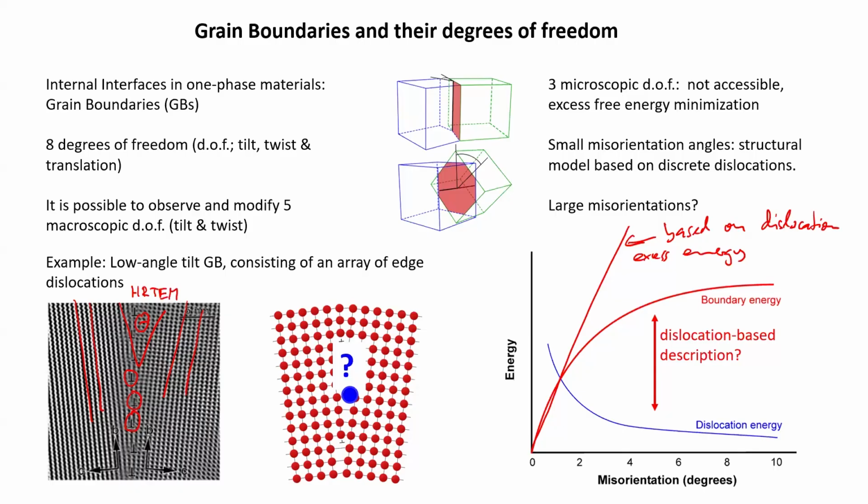You cannot, because the Lennard-Jones potential tells you if you are coming too close, you get this very huge, very steep increase, which is basically a repulsion you cannot overcome. And this is the same for the dislocation. So it means this 10 to 15 degrees cutoff is really a cutoff between dislocation-based description and the description that must be different, because single independent dislocations can no longer describe the grain boundary character.